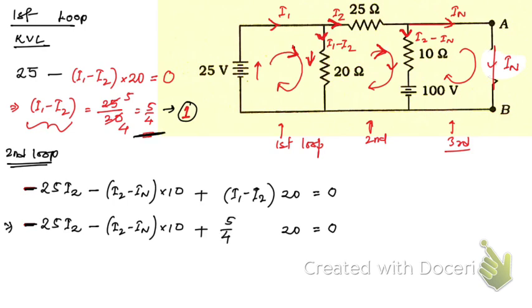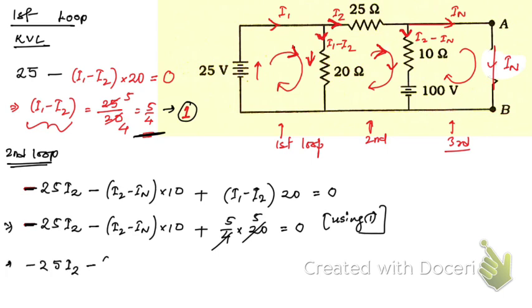Now if we simplify this, here we are going to get 5. So using equation 1, our equation is going to be equal to minus 25 I2 minus I1